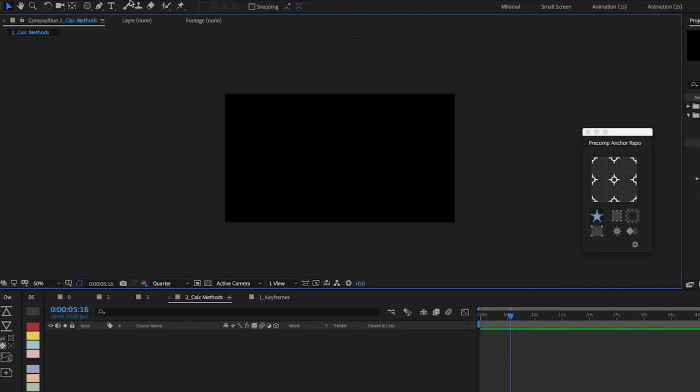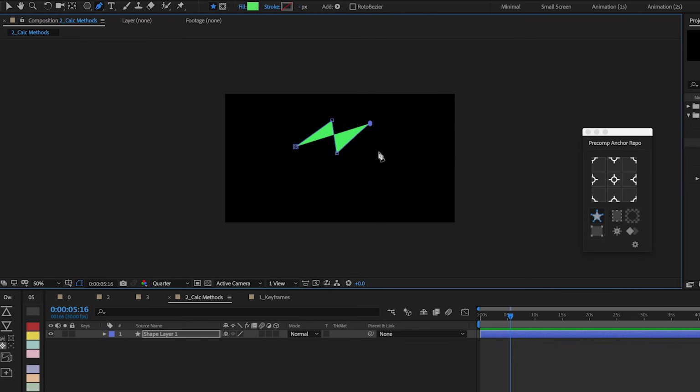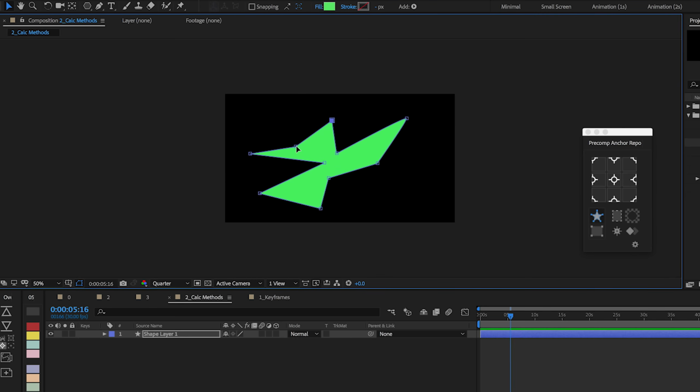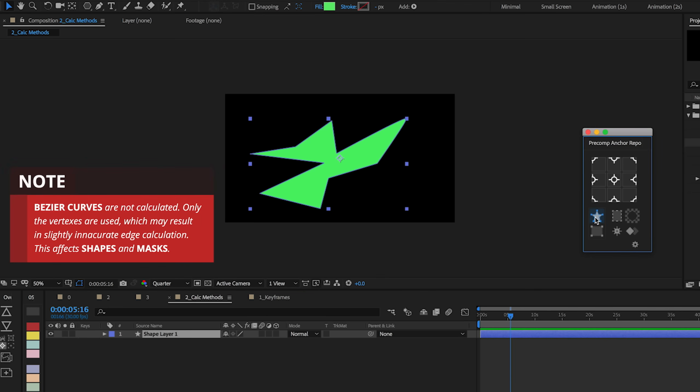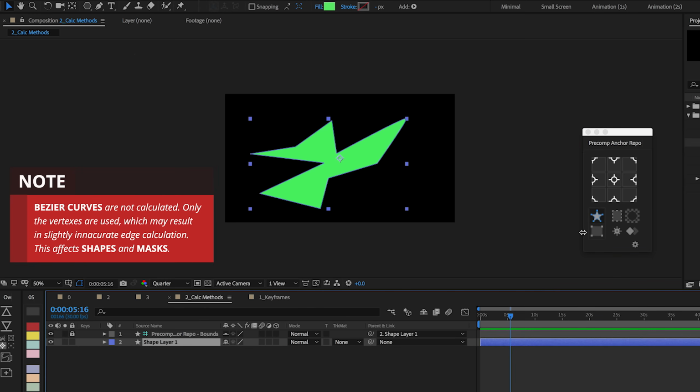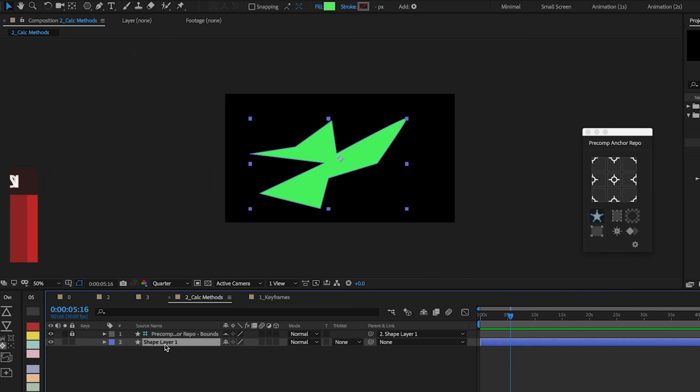Open up a new composition and create a shape layer that has a bunch of vertexes. Vertex mode will take every single vertex of the shape and use that to make the calculation. 4-corner mode will just take the 4 corners of the content. So as you can guess, vertex mode is a lot more precise, but it is slower, and 4-corner mode is quicker, but it is less precise. There's not going to be any difference in speed when you're just working with a regular layer. However, if it is inside a precomp,